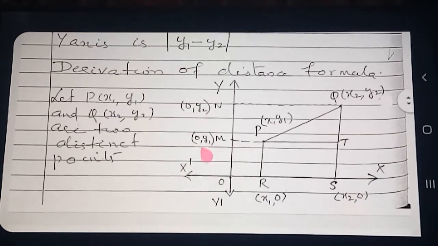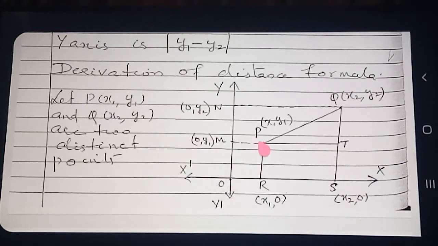Now see how I have drawn the diagram. Here I dropped a perpendicular from the point P to the x-axis, meeting at the point R. This is the foot of the perpendicular. You very clearly know that for a point on the x-axis, its y-coordinate is always 0. Therefore, its x-coordinate will be the same, as we had seen in the previous diagram. So R is (x1, 0). Why did I write x1, 0? Because the point is on the x-axis. If the point is on the x-axis, its x-coordinate is x1 only and its y-coordinate is 0.